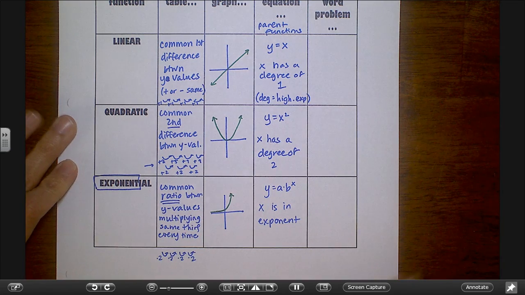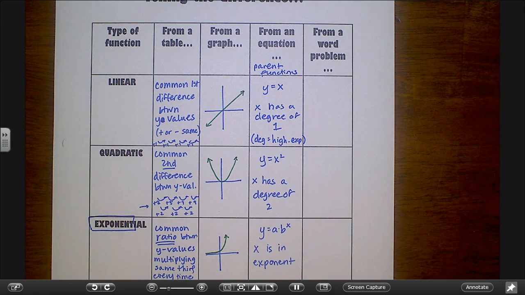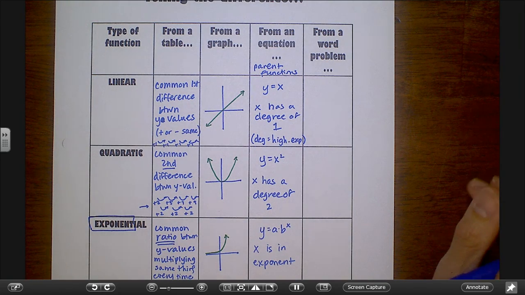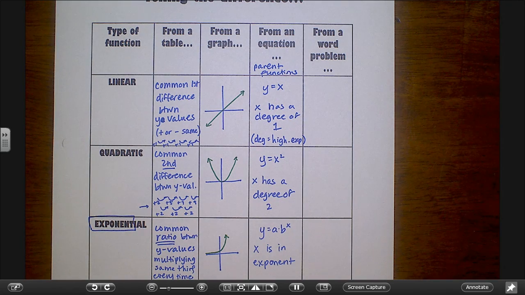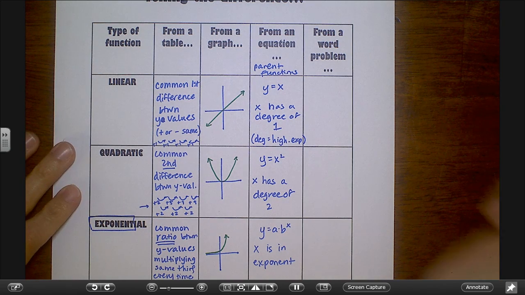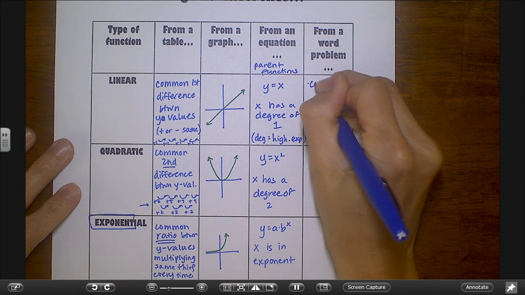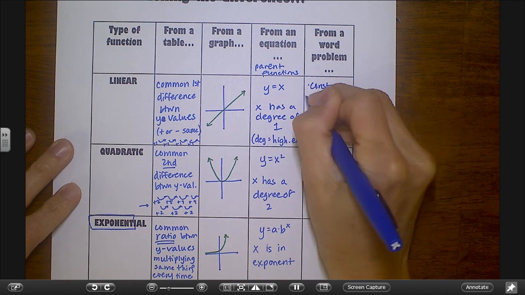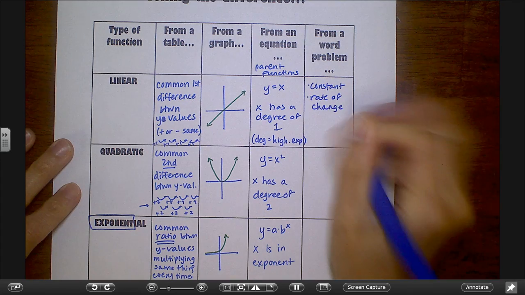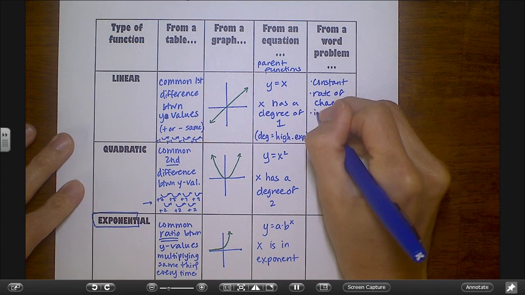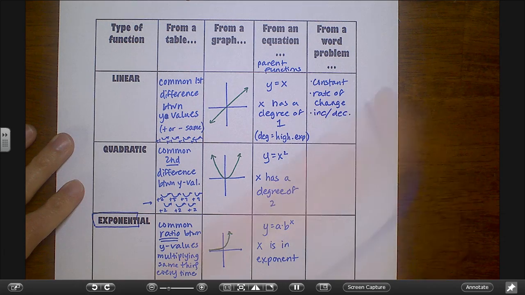exponential function, right? All right, and then from a word problem, remember, you usually have to go a little bit further and turn it into a table or make an equation out of it or something. But there are some hints sometimes that you'll get from word problems. And for linears, it's words like constant, or you'll hear rate of change in it, or increase or decrease. I mean, that can be in a lot of them, but